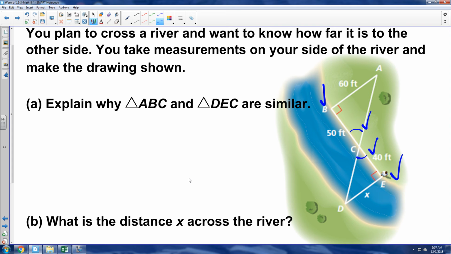Do we have enough to say that these triangles are similar, even though they didn't give us numbers? They didn't give us numbers, right? So are these triangles similar? Yes, they are, because we have two sets of congruent angles. So I would say